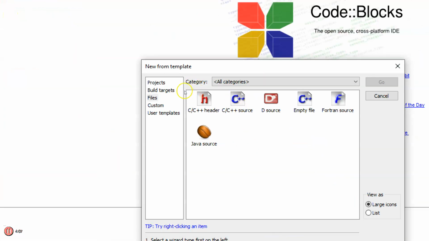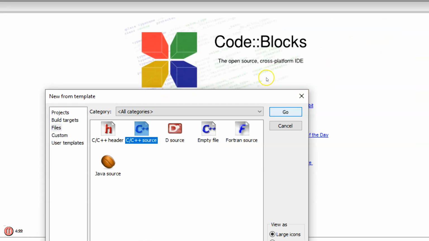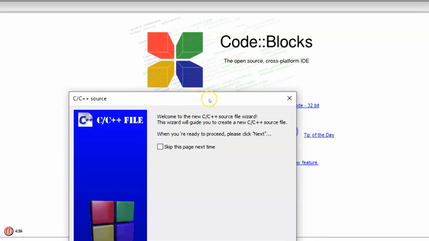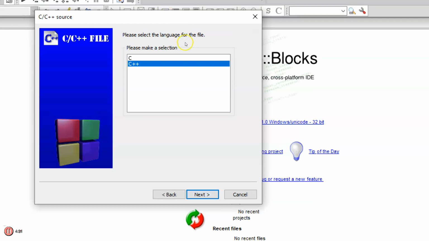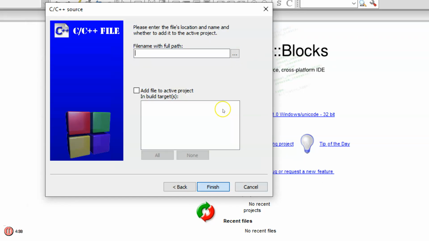Here it will be asking with many options. You want D source, Fortran, you want an empty file, C++, you want to create header files. What do you want? So I'll be choosing C or C++ source. Click on that. I want C, so that all your header files, all your keywords will have meaning.